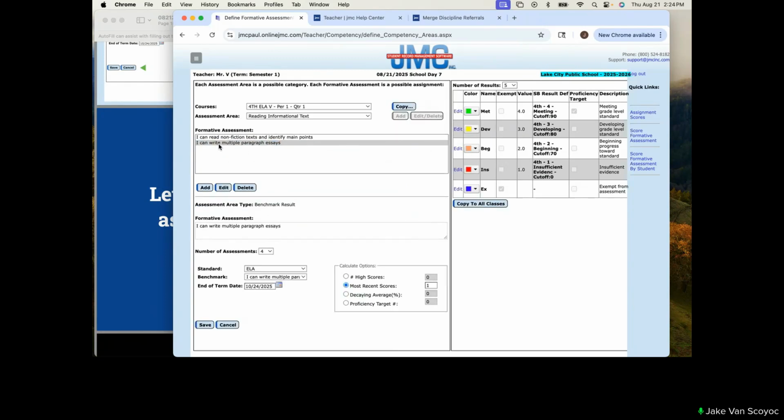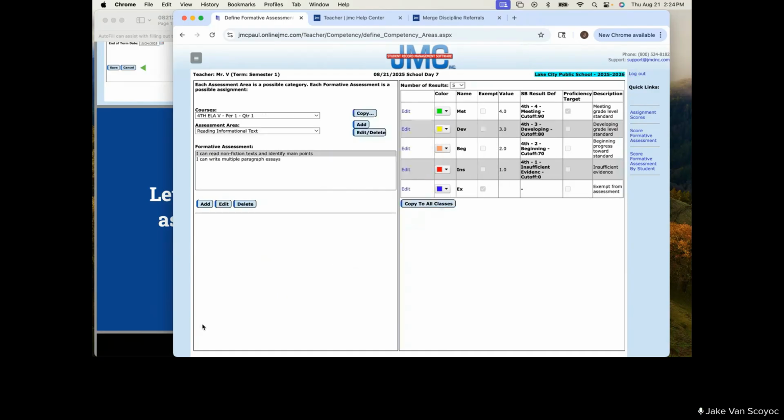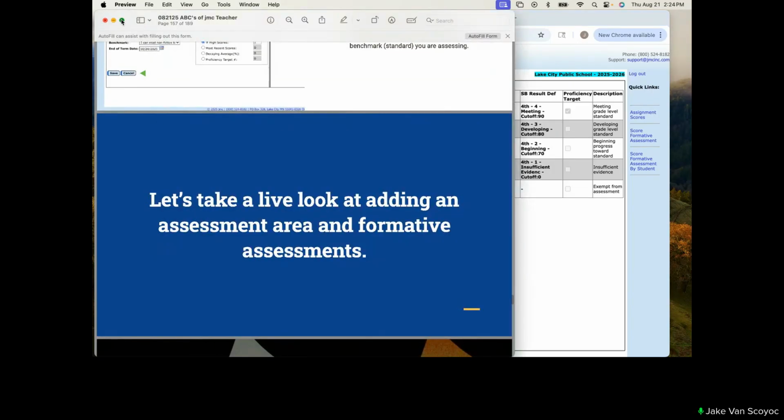So I just added a new item that I'm going to formatively assess. How often am I going to assess it? Well, let's say at least 1 time, and I'm going to take the most recent calculation option. Click save, and now we're going to get into scoring those formative assessments